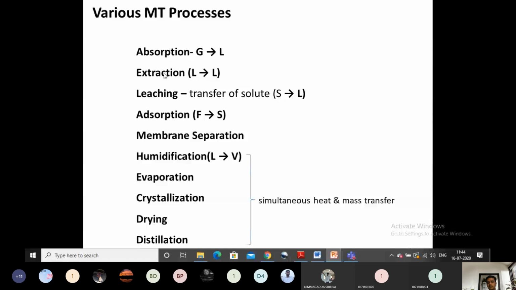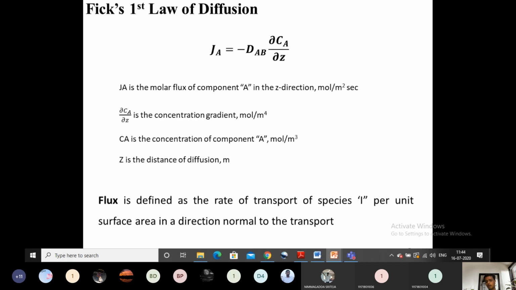You are going to handle this in Mass Transfer 1, whereas all the other operations you are going to learn in Mass Transfer 2, probably in the next semester. So now this is the basic law, like in heat transfer, Fourier's law of heat transfer, Q proportional to dT/dx or dT/dy, dT/dz, whichever spatial